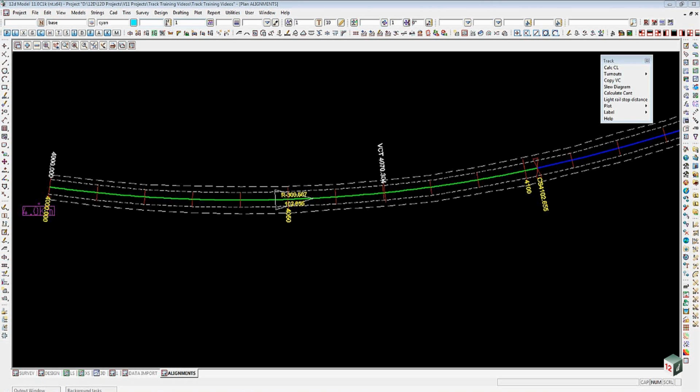There may be many reasons for having them in there. Common ones would be that you have slightly realigned a track and you want to tie back your chainages to what you had before, as all the signaling and signages are associated with those. Alternatively, you may have a parallel track going in and you want to have matching chainages along that parallel piece